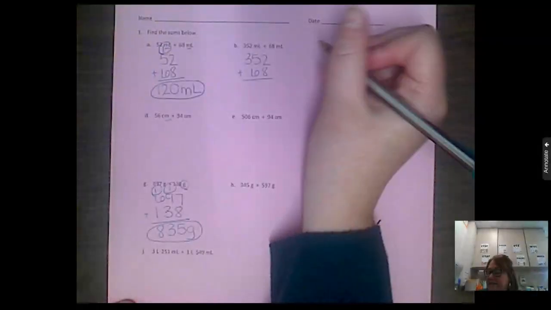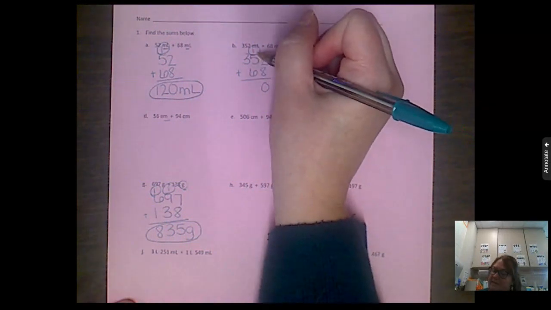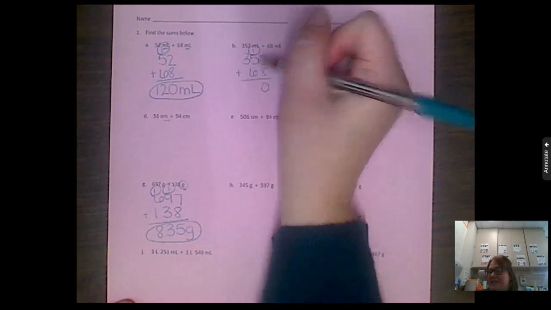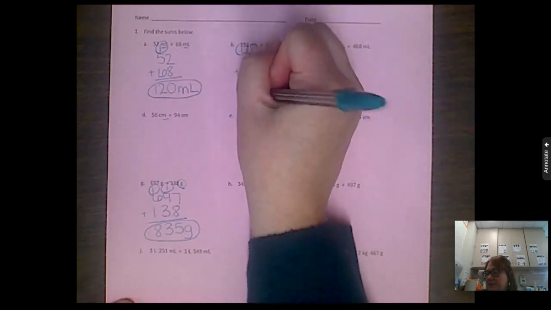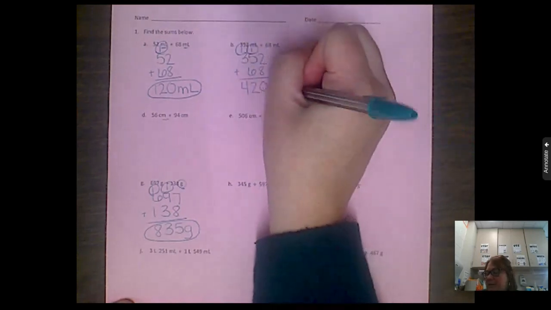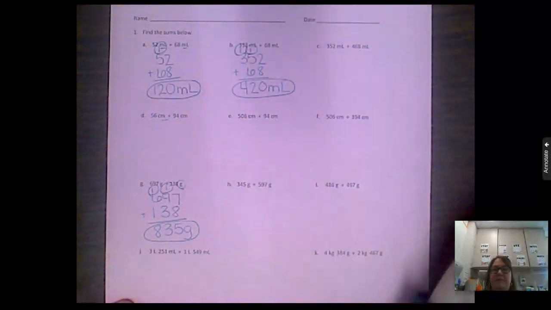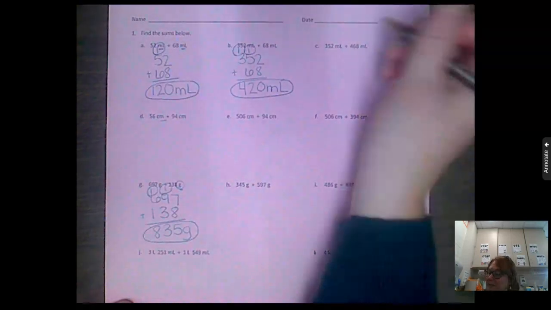2 plus 8 is 10. 0, carry the 1. And then I'm going to do 5 plus 6. No, 5 plus 1 is 6. Plus 6 is 12. 2, carry the 1. 3 plus 1 is 4. So 420 milliliters. And make sure that you have those labels on there, okay? I can circle it to show my answer. How do we do with that one? Good. So C is